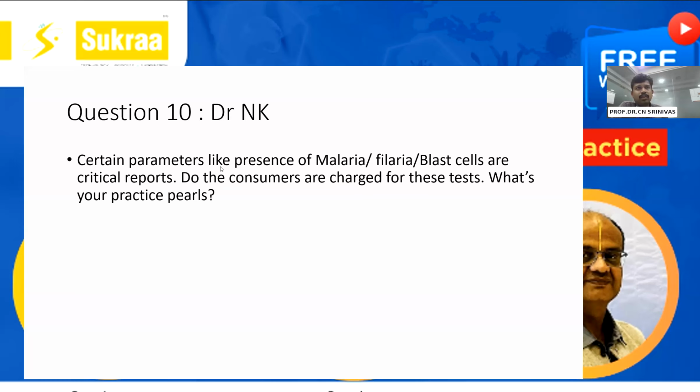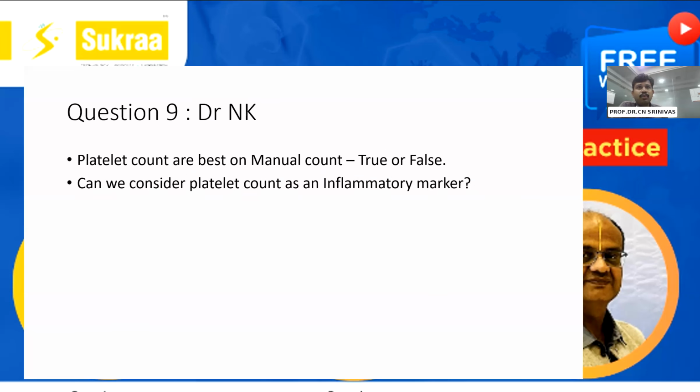But right now, many advances have come, and the analyzers themselves have been well fine-tuned to give an actual correct count in most instances. Having said that, there are again certain low-end analyzers which tend to give a very falsely low count, specifically with respect to giant platelets. So I would say platelet counts right now are best reported in analyzers, but definitely low counts have to